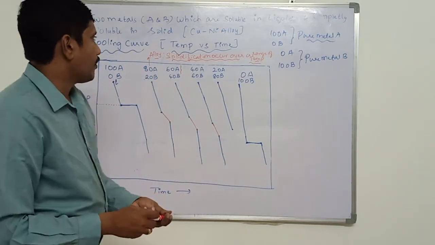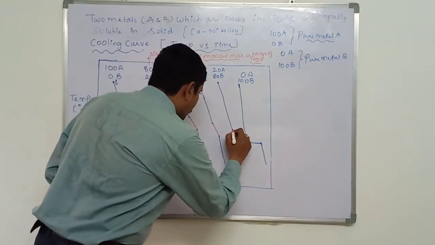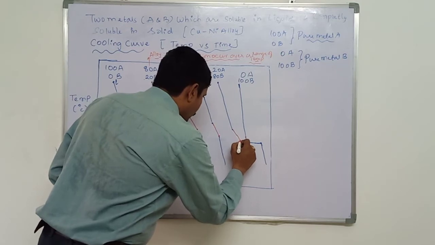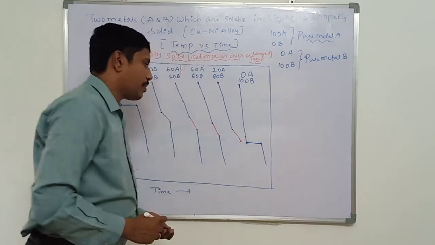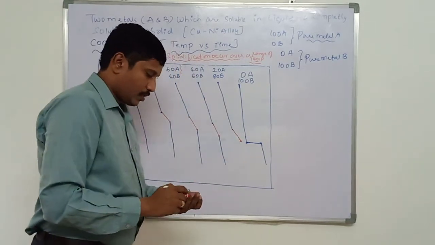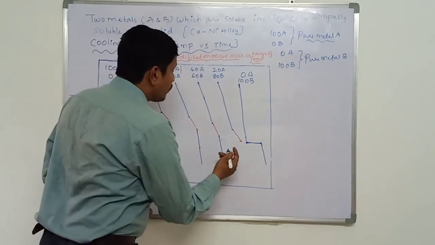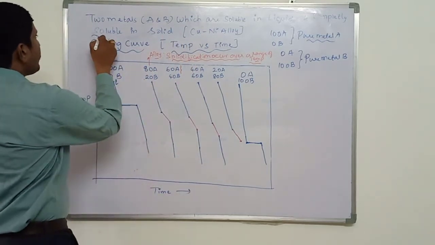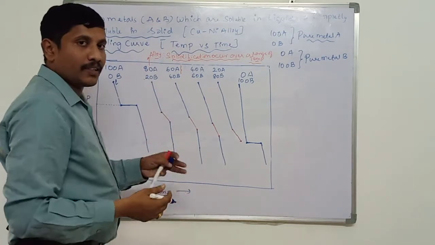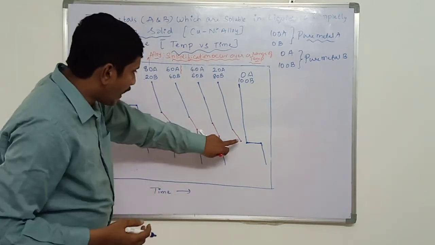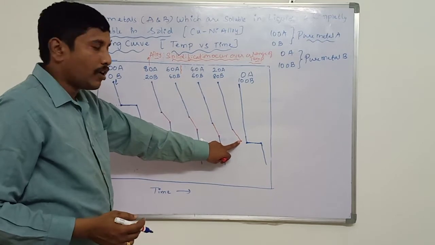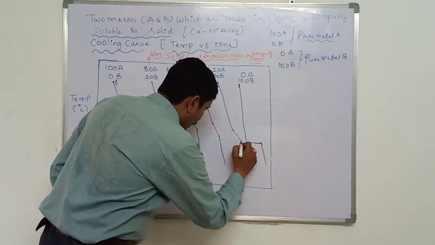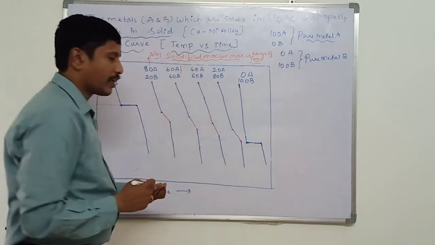Now solidification will be carried over a range of temperature. So let us change the slope of the line. Let us assume the solidification will be completed at this point. Now a solid solution is formed because the condition for the isomorphous alloy is that two metals are completely soluble or completely mixed in the solid state. Now at this point we are getting a solid solution of isomorphous alloy, right? Now we have a solid solution and it is cooled to room temperature.